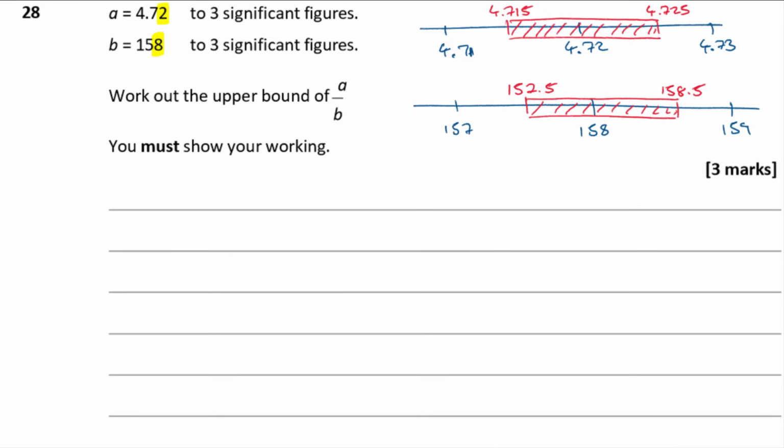Okay, so we've got two possible values of A that we're going to use, the upper bound and the lower bound, and then we've got two possible values of B, and we want to pick the values of A and B that are going to deliver us the largest value of A divided by B. So A divided by B, what's that then? Now to get that as big as possible, I'm going to pick the biggest value of A that I can, which is that one, isn't it? Okay, I'm going to pick my biggest A, which is 4.725,